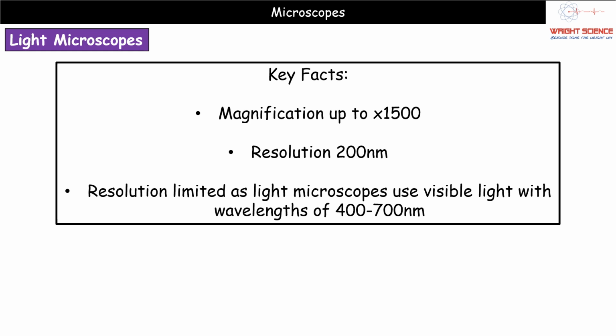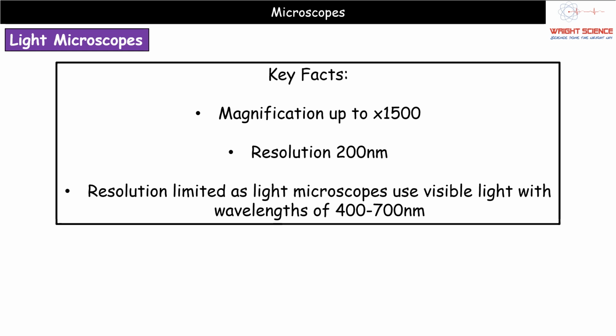The first microscope then are light microscopes. These are the ones that should be very familiar to you. They're the ones that you've been using since year 7. In terms of their magnification, these are the lowest magnification. They're just times 1500 as a maximum. Resolution, 200 nanometers. Now, what we find is that the resolution of our light microscope is actually quite limited